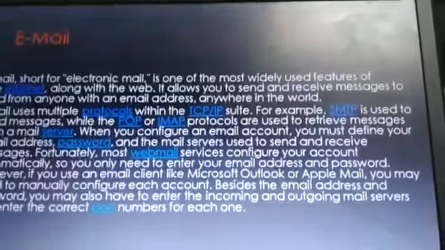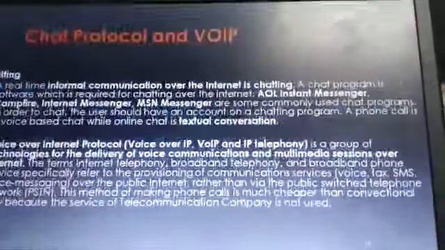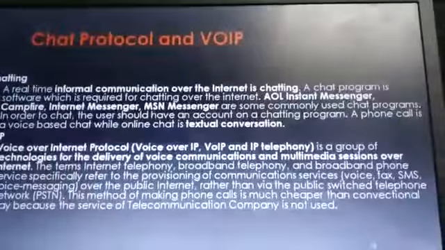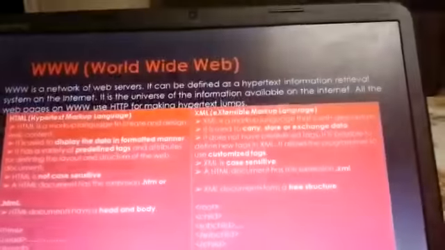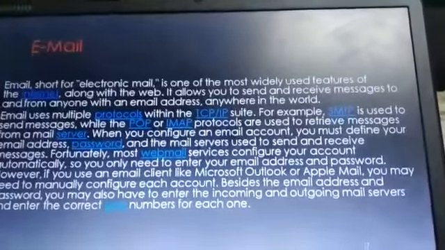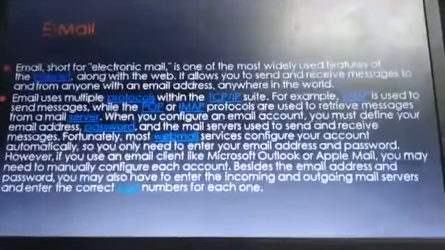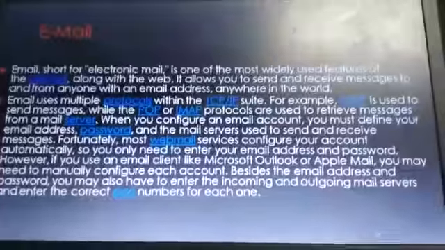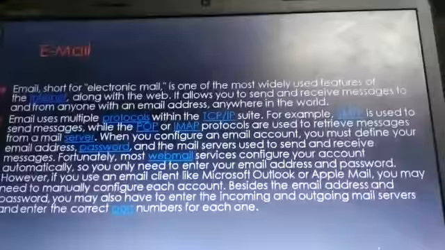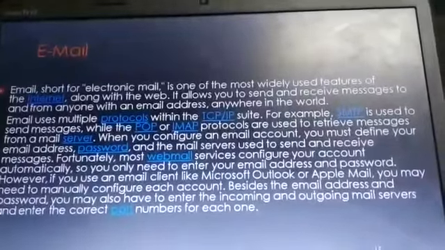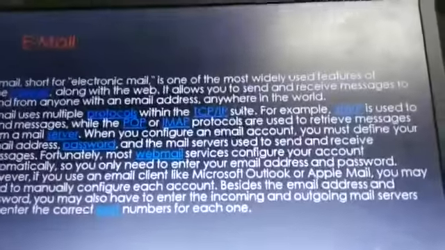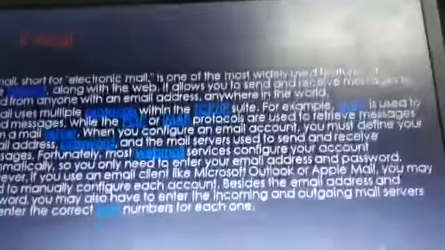Email. You know very well how to use email: how to email another person, how to compose, how to chat, how to write an email, how to check the mails, how to make an email ID. All these things you know very well. Now suppose your friend is sitting in the UK or US and you are sitting in India, you can mail your friend within 10 minutes or 5 minutes.